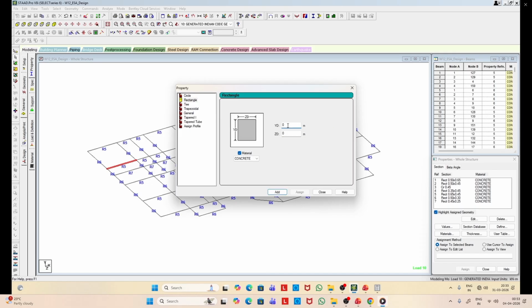So let us define another section. Let us not change all other sections because they have already passed.